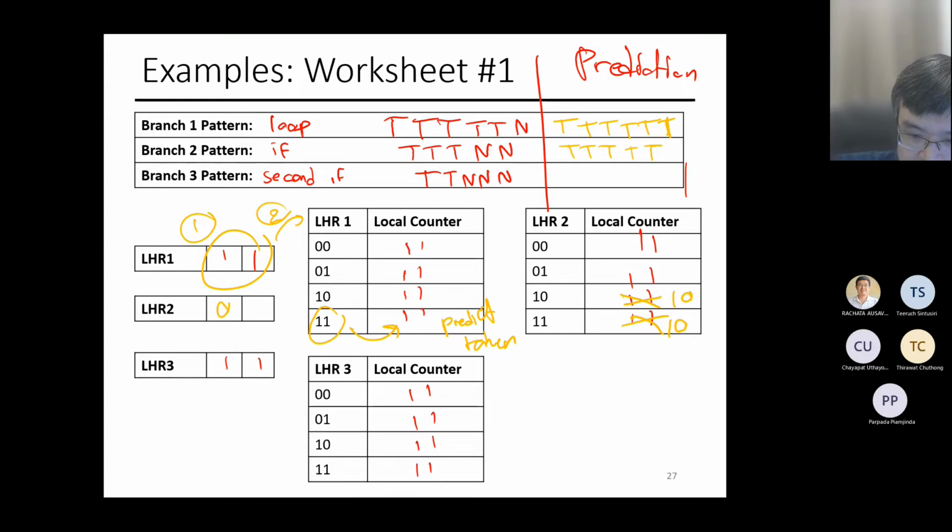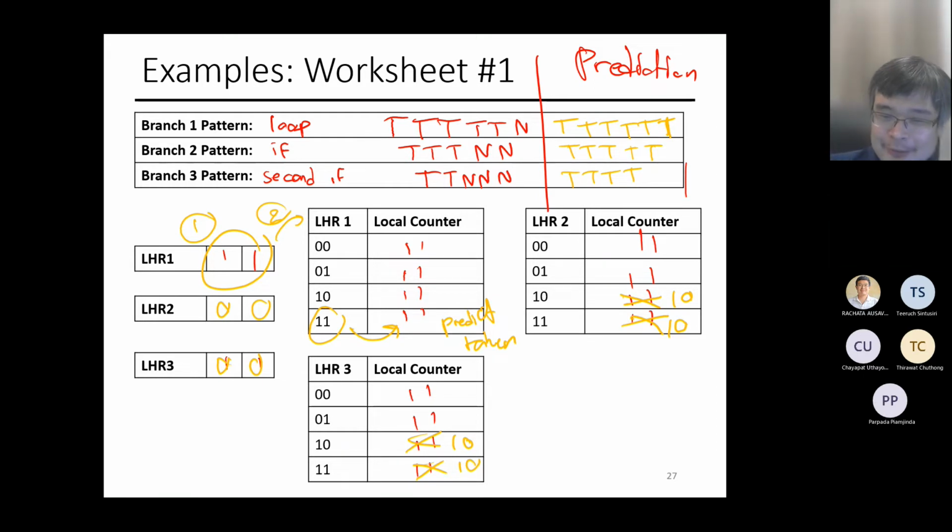This will become 0 and 0. For the last loop, again, you do taken, right? And then taken. This becomes 0 and 0. This becomes 1, 0. This becomes 1, 0. Now you look at the last